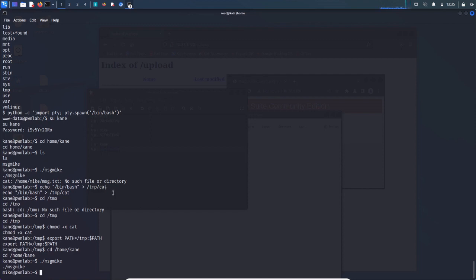inside of cat, and then I moved the cat inside of the temp directory. And then I went into the temp directory and gave it permissions. If you don't know what chmod is, it's a tool that allows you to modify permissions, whether you can read a file, write to a file, or execute a file. So I gave permissions to cat to execute the command. And then I changed the environment